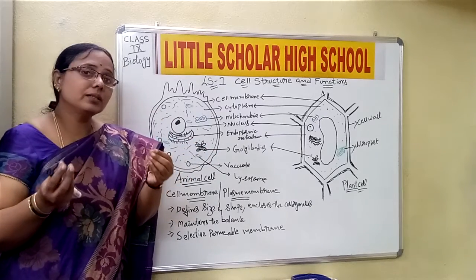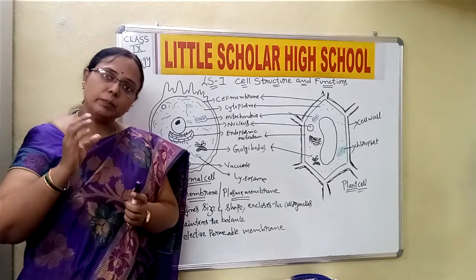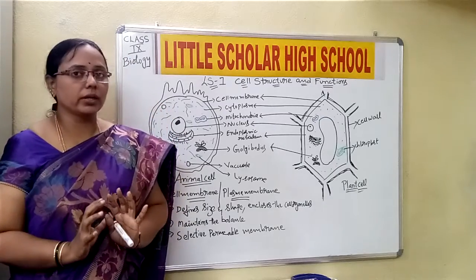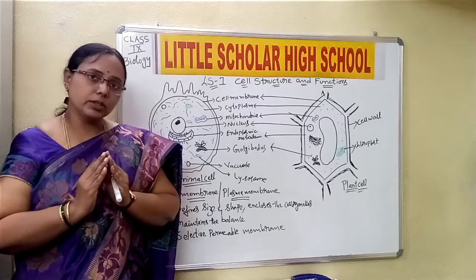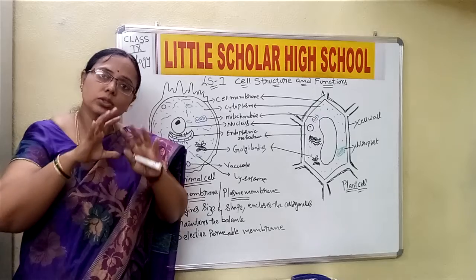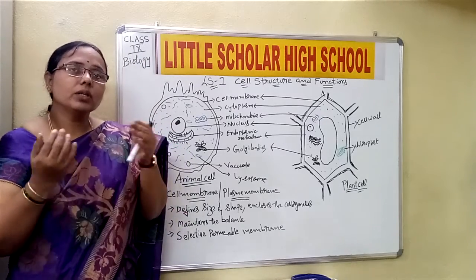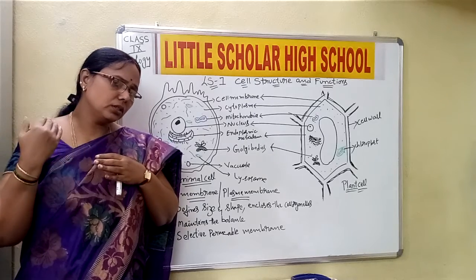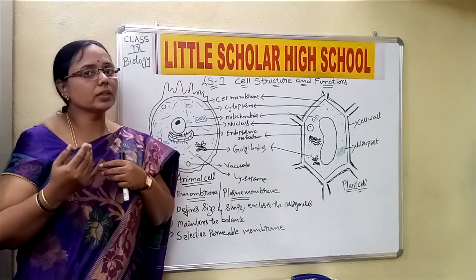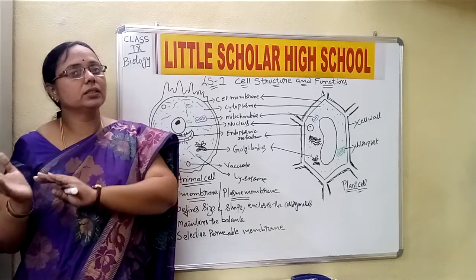In the textbook, the term mentioned is a typical cell. Now what is a typical cell? A typical cell is the cell which has almost all the cell organelles. One more point you need to know is that when we talk about a typical cell, all the possible cell organelles are present in it, but some of the cell organelles present in one cell may not be present in the cell of another.